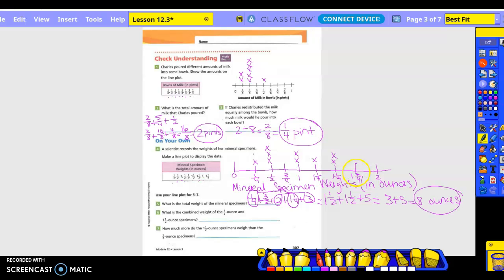Okay. Then what is the combined weight of the 1/2 ounce and the 1 1/2 ounce specimen? So we had 3